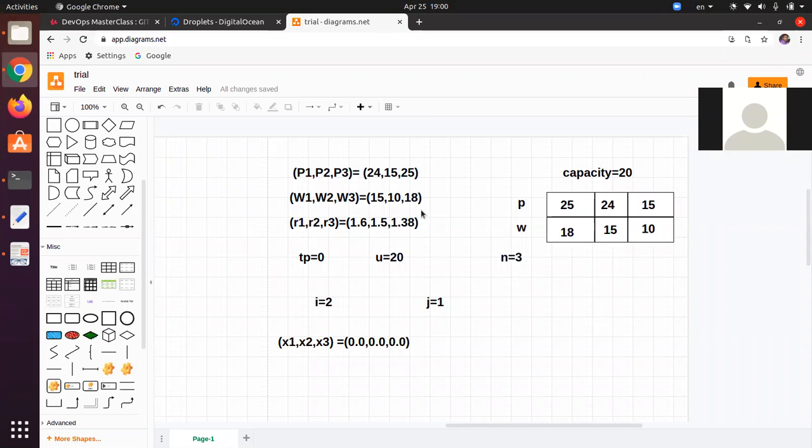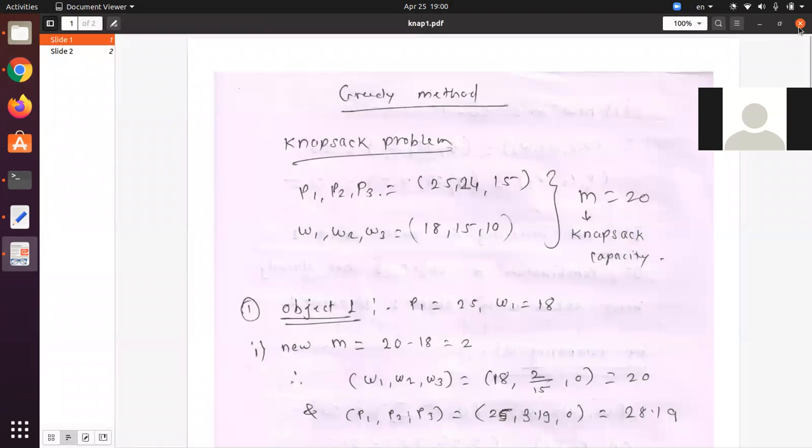Hello friends, in this session we will try to understand the knapsack problem with greedy method. You can observe there is one array on the right hand side which I have plotted. There is a profit array and there is a weight array and a capacity has been plotted. So this is our input and the remaining calculations we will check at the time of discussion of code. Let us take an overview of the code.